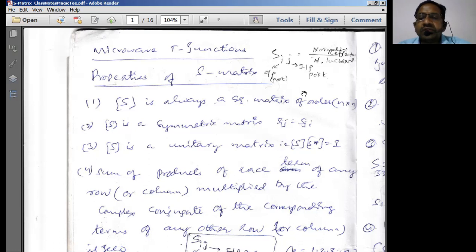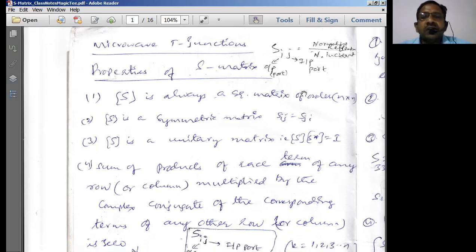Because the output of the waveguides will usually be connected to the microwave components, and the output of the microwave components will simply be connected to the load of the microwave circuit. So this is the basic block diagram structure of the microwave components.